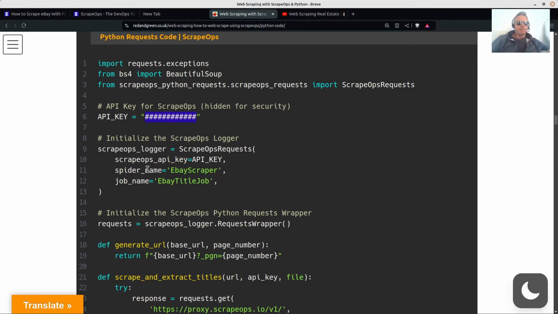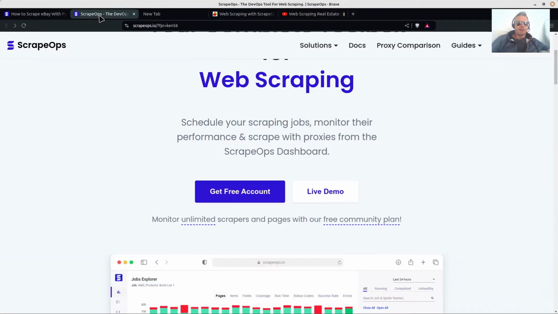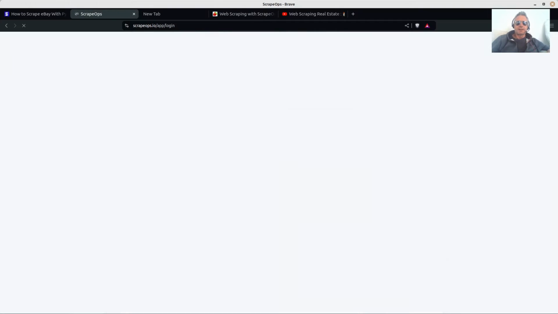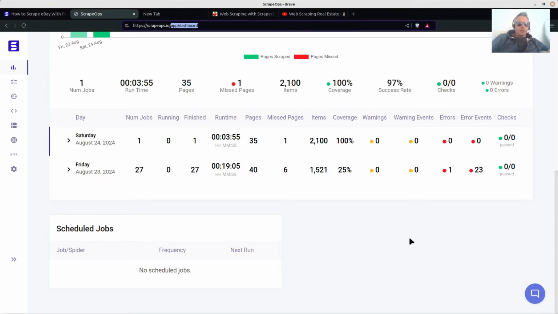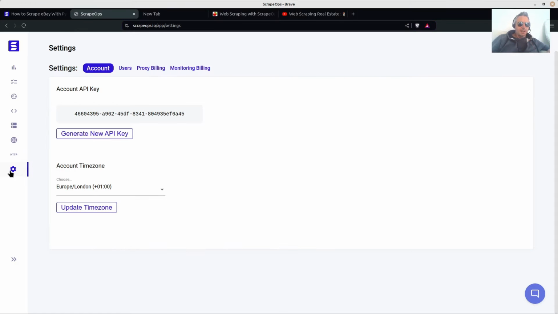Which is what you get from the ScrapeOps site. If you go to the site, you'll need to log in, because even if you've registered for a free account, you'll need to log in. This is the dashboard. If you go to settings, generate new API key,